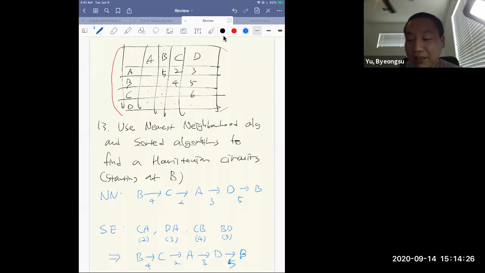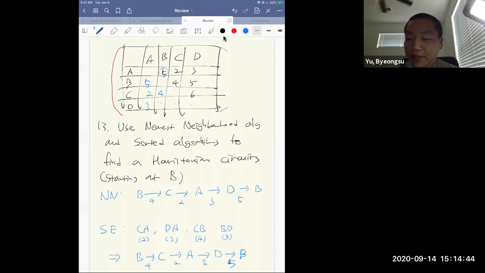So in this case, you can add 5 at this point, and in this case it's 2, 3, 4,